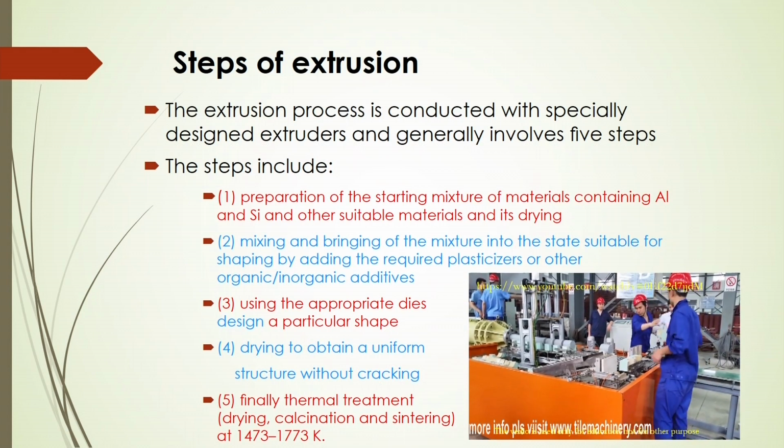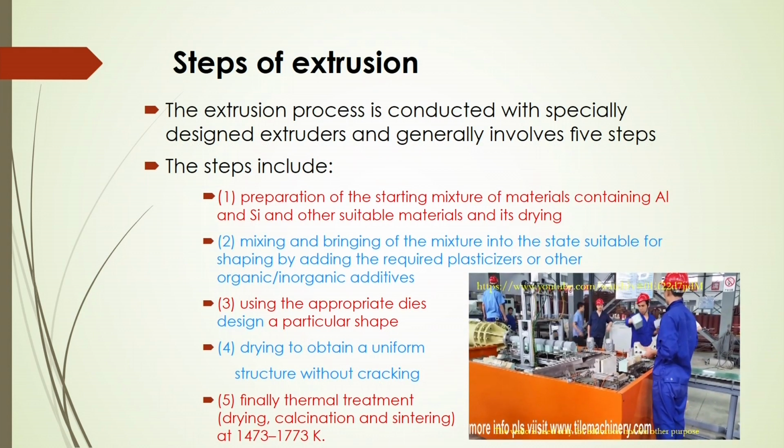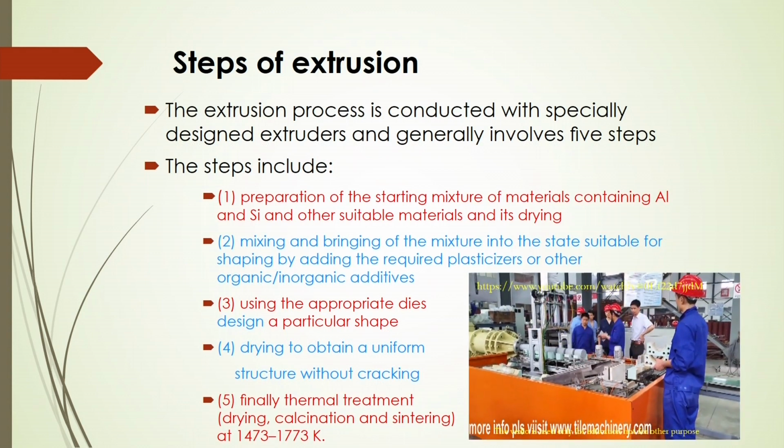Now, that drying should be at a particular temperature, which should be thermally stable, and in that case you have to be careful whether it is cracking or not. Then you have to change the material to a suitable material where you do not get any cracking after drying. Generally, cordierite materials do not crack at 1473 to 1773 Kelvin. So, finally, this thermal treatment, that is drying, calcination and sintering, should be done at